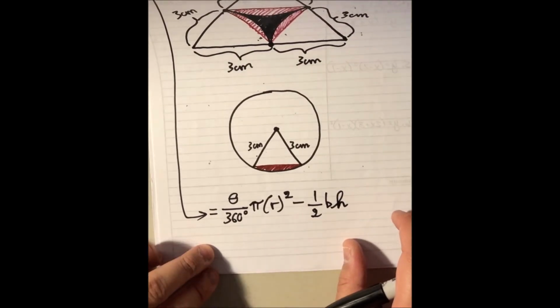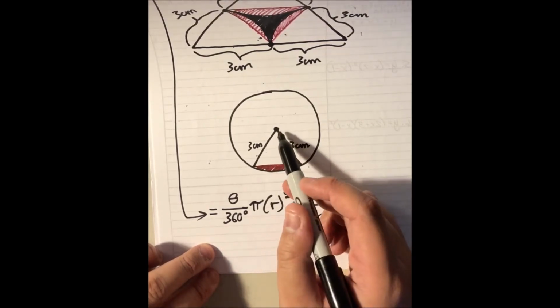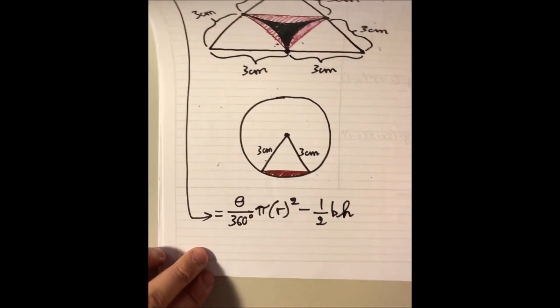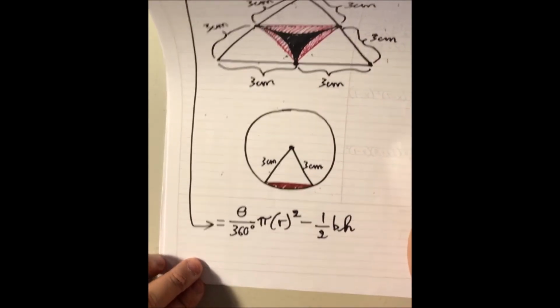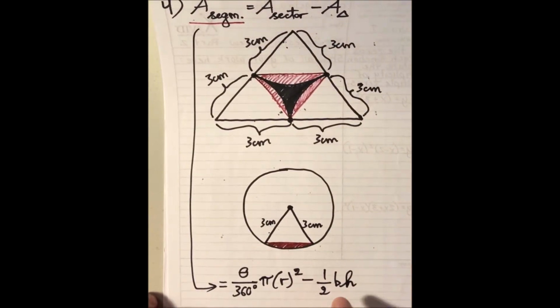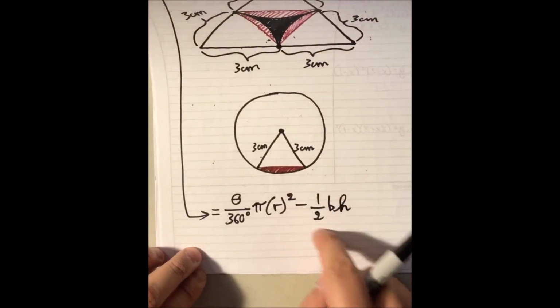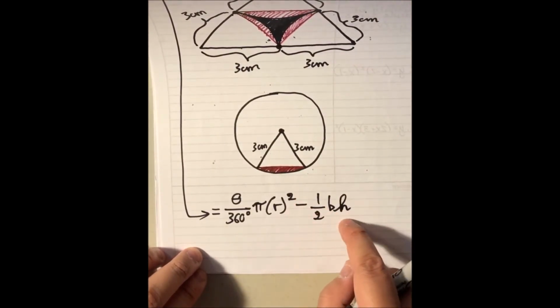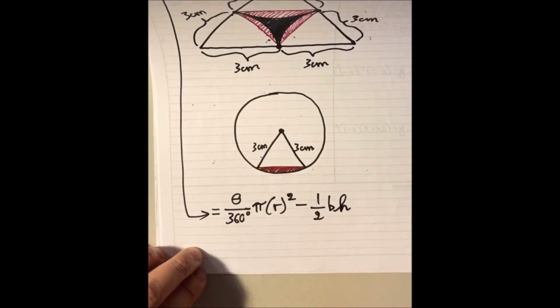This triangle is actually an equilateral triangle. It is an equilateral triangle because if this side is 3 centimeters and this side is 3 centimeters, of course the leftover has to be 3 centimeters. Now, that's usually the assumption that I like to make. However, because I want to be a little more careful, I want to go ahead and use the general formula for the area of any type of triangle, which is 1/2 times base times height. However, you guys are more than welcome to try to use the formula for the area of the equilateral triangle,